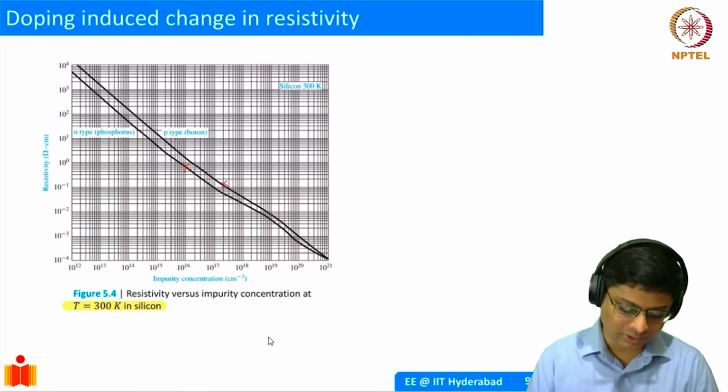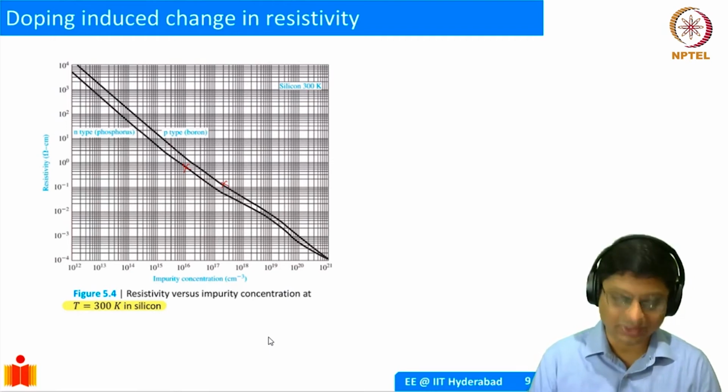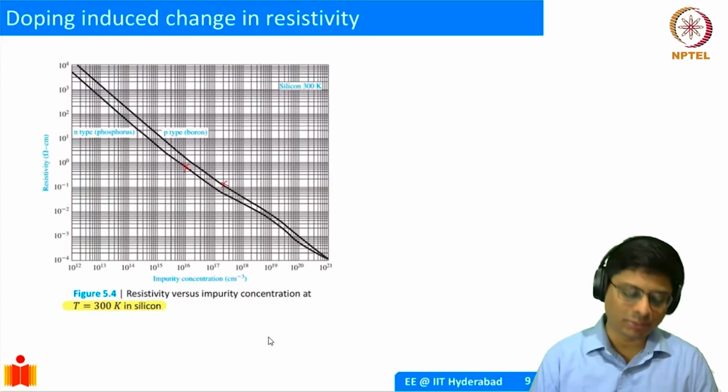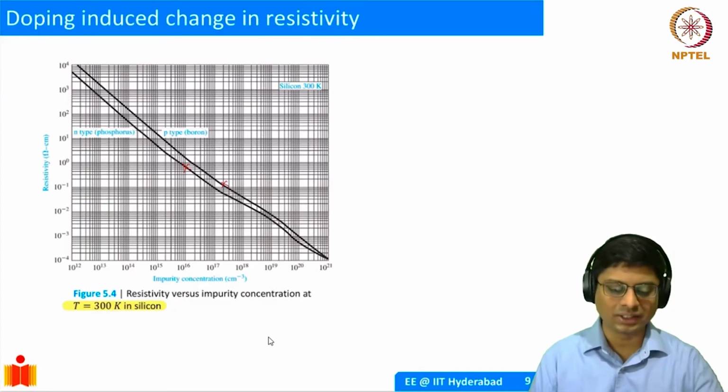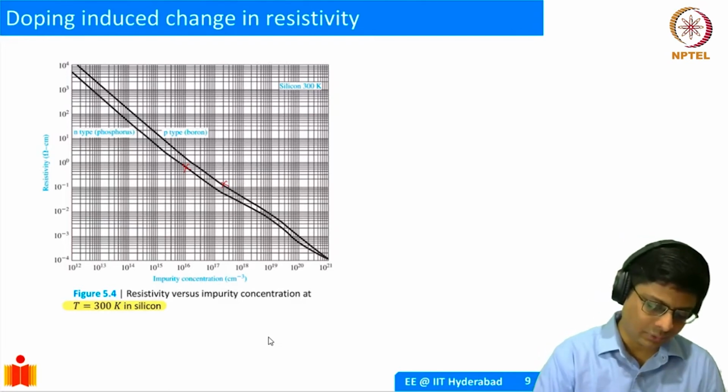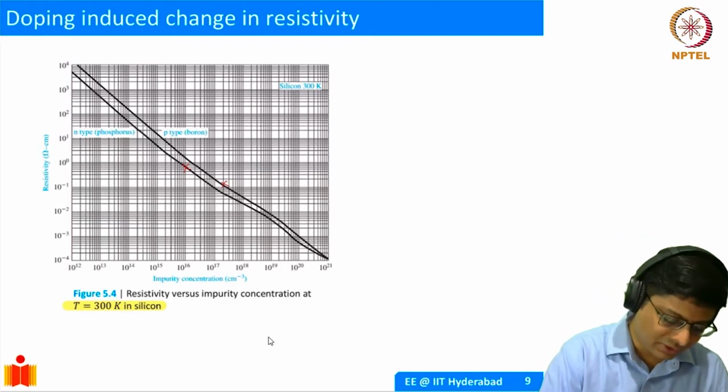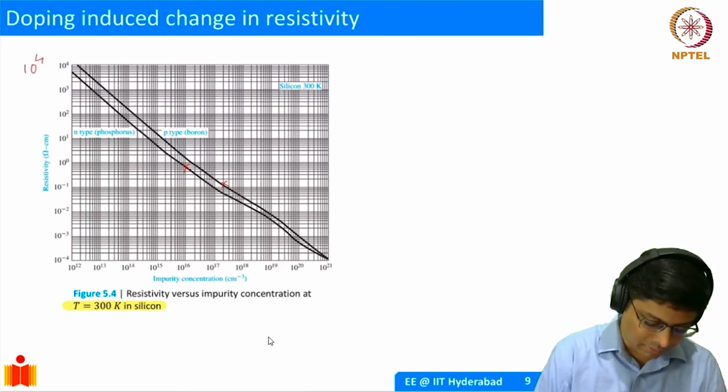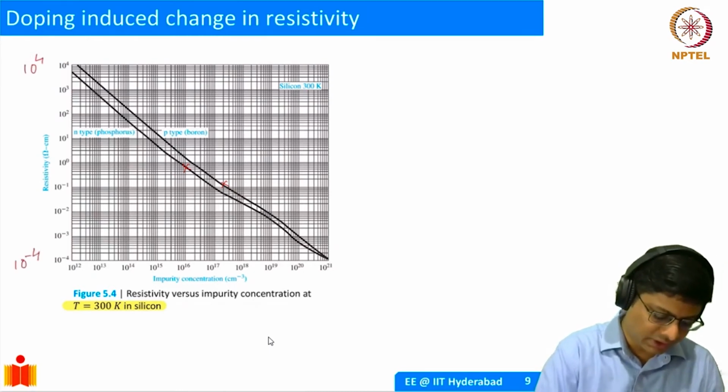If you have donor doping of 10 power 16, what will be the resistivity? Compute these numbers and verify that this is accurately coming. If you look at the y-axis, you have resistivity of 10 power 4 at the top and 10 power minus 4 at the bottom. So you see this 10 power 8